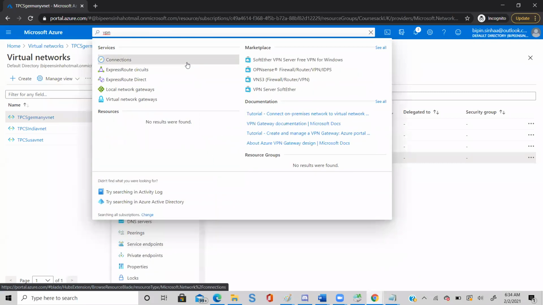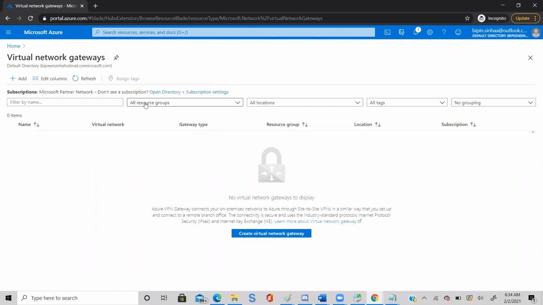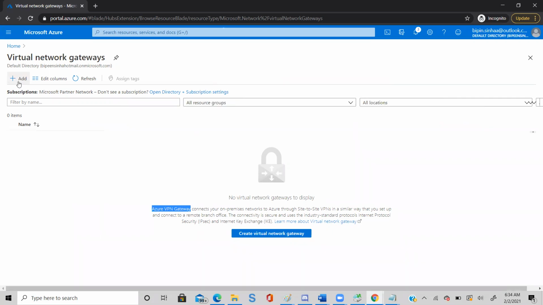You get virtual network gateway, the last one. This is the Azure VPN gateway. So go ahead and create the virtual network gateway now.